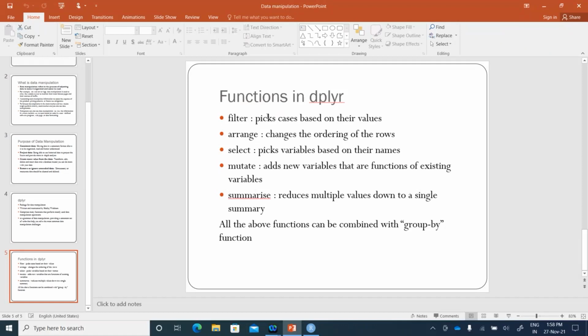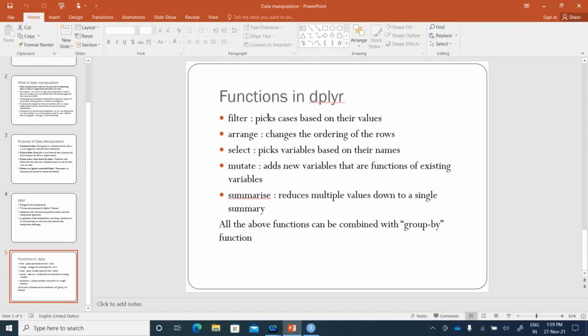It is used to pick rows based on their values. The arrange function, as the name suggests, helps us to order the given data, or to be more precise, the ordering of the rows. Function select helps us to pick variables based on their names. And mutate helps us to add new variables that might be functions of the existing variables in our data.